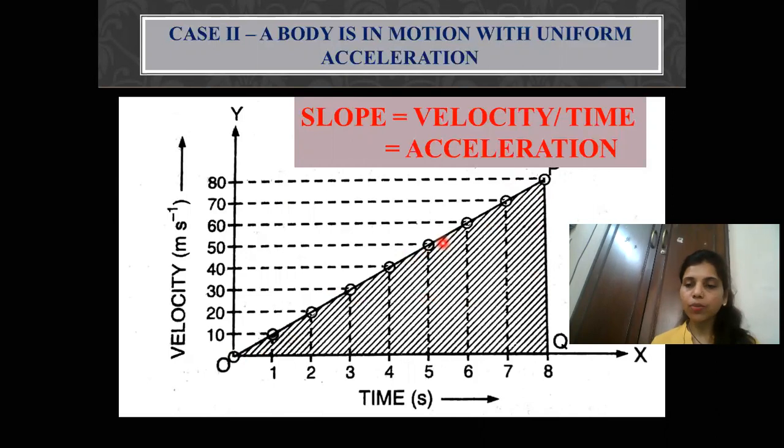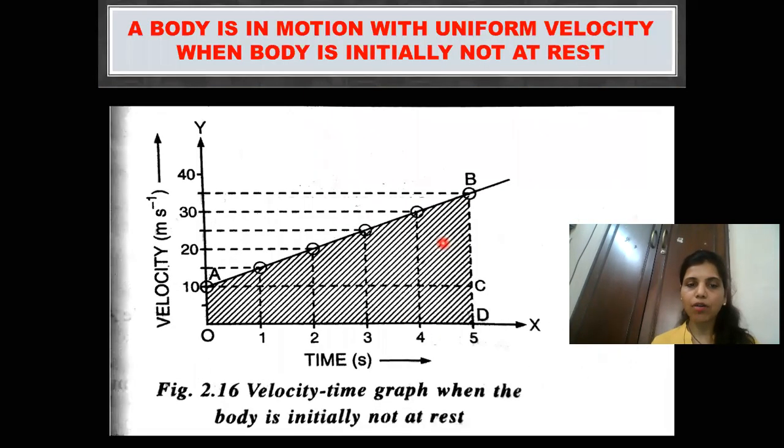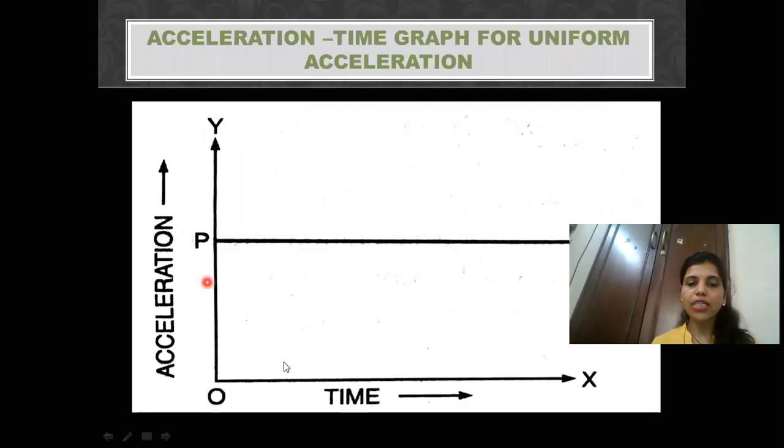So when you convert this particular graph into acceleration time graph, okay, so here it is acceleration versus time. So acceleration is constant. So now you are going to draw a straight line where whatever slope you get. Suppose if you get 10 meter per second square, you're going to draw the coordinates properly. You're going to plot the points on the y-axis, so equidistant points. And then from that particular point, you're going to draw the straight line as it shows that the body is moving with uniform acceleration. So I hope children till here it's clear.